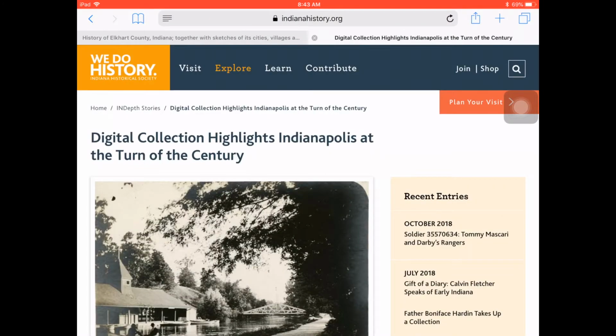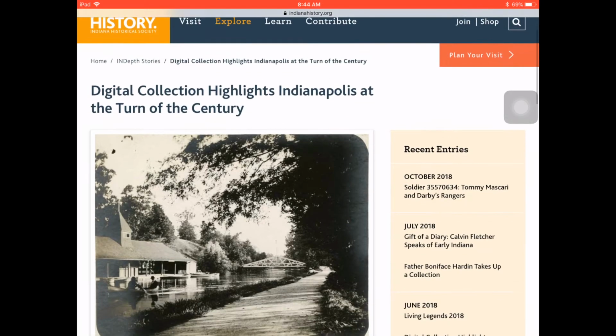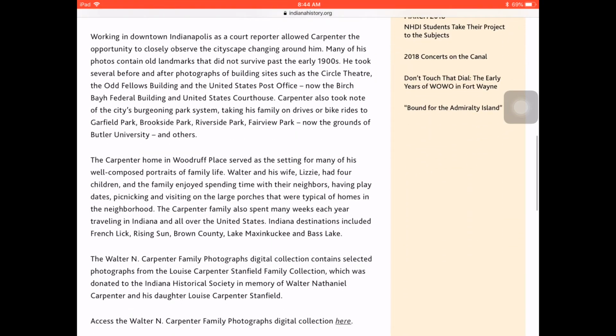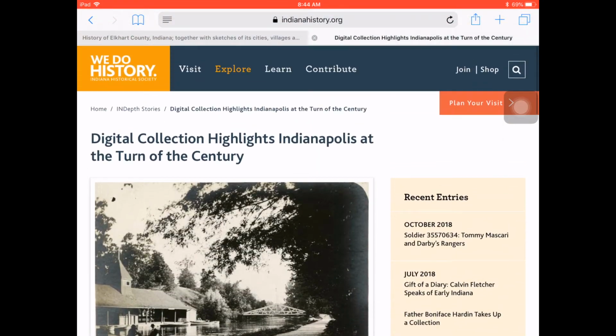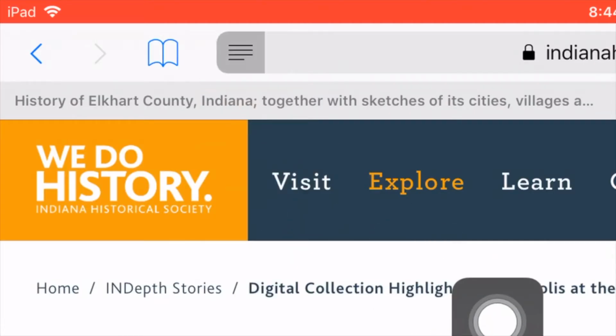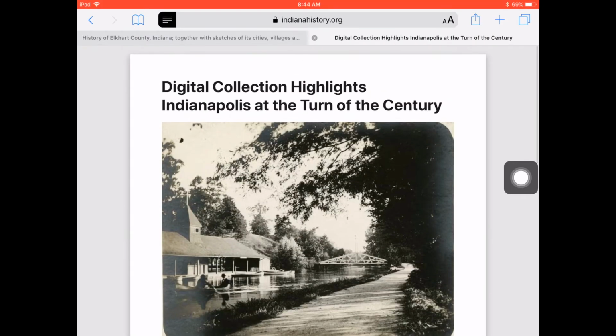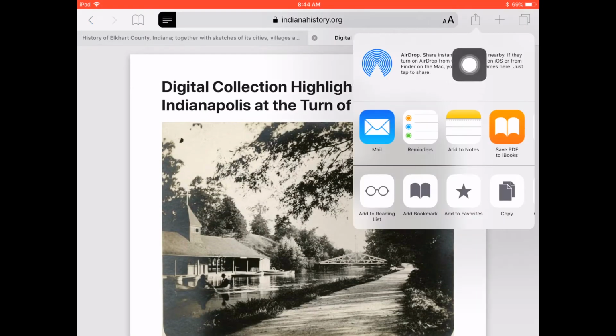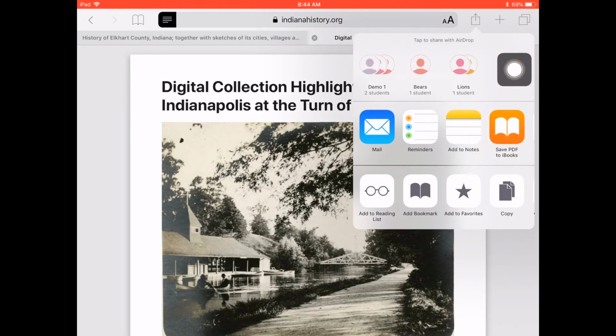The last thing I want to do with Apple Classroom is show you how to combine some of the features of Safari, Safari Reader, and PDF annotation, and utilize Apple Classroom to help you with your classroom organization. So we have a great article here on highlights of history in Indianapolis at the turn of the century. I want my students to read this, but I really want them to just have the article and not necessarily be on Safari. And so if I'm in Safari, I use these four lines here and tap them to turn it into Safari Reader, and I use the Share arrow up here, and I save a PDF to iBooks on my iPad,